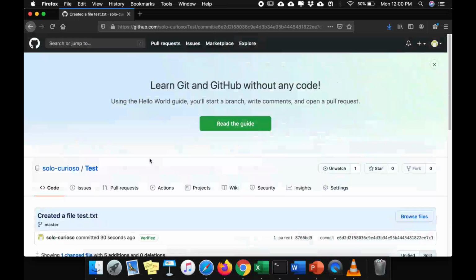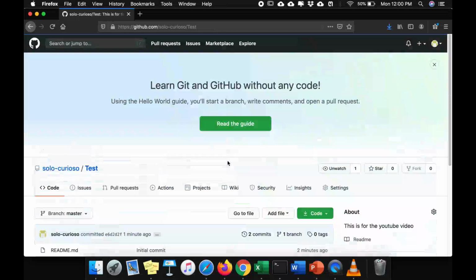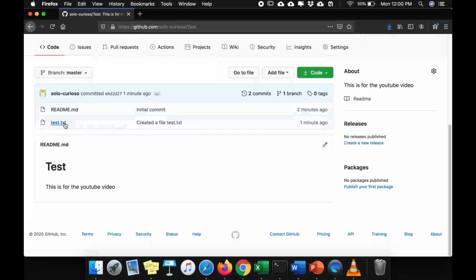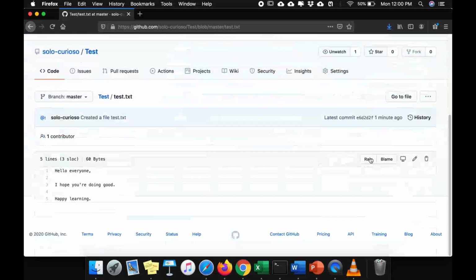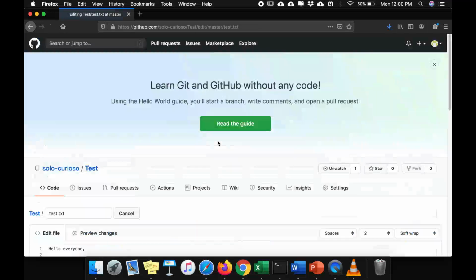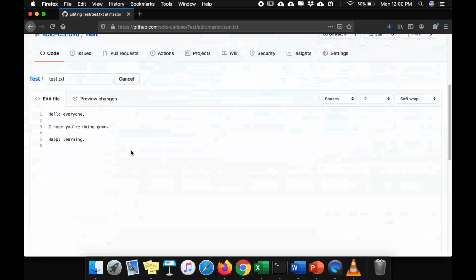So now let's get back to our repository and modify the test.txt file. I'm gonna edit it. Now let's add some more content here, like I was added later in the file. So this is the line that we are adding after we have created a file and added these 5 lines. Now we are adding 2 more lines. One is the blank line and the other one is with the message this.